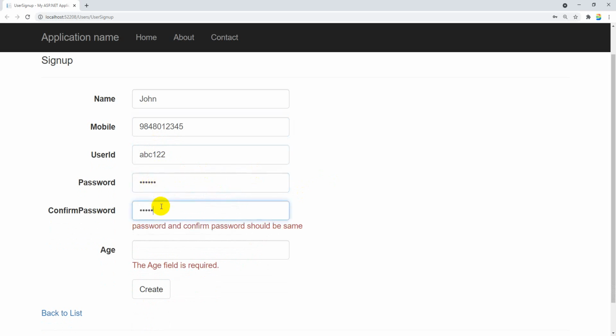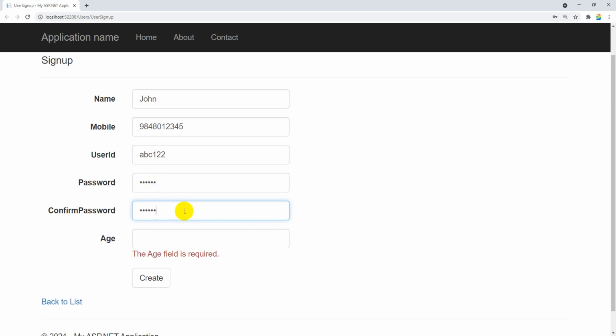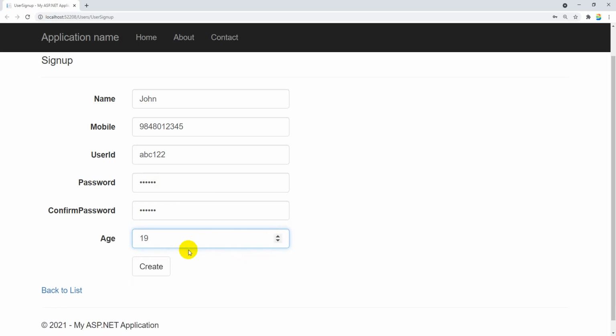Here you can see this. I did not give the same password, so it is showing that it is wrong. When you give the exact password, this particular validation message is going to get cleared. Age, I am giving 14. It is going to display the error message: age should be minimum of 18, maximum of 50. And if you see this, since it is an integer type, it became a number type. Whenever it becomes 18 as per the range, the validation message is getting cleared. So this is how you can do validations. Clear?